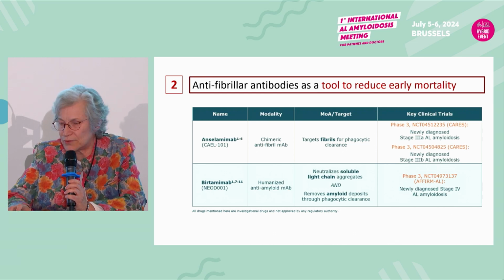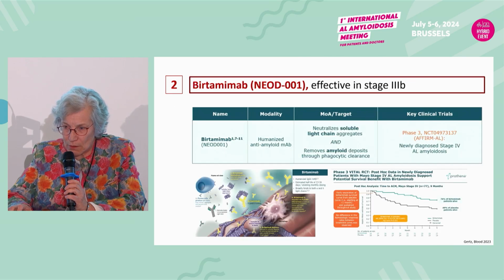I am not sure, but somebody will tell. And the other one is NEOD001. We not only act on soluble light chain aggregates, but also remove amyloid deposits by macrophages. And there is also the AFFIRM-AL phase 3 study running. Well,